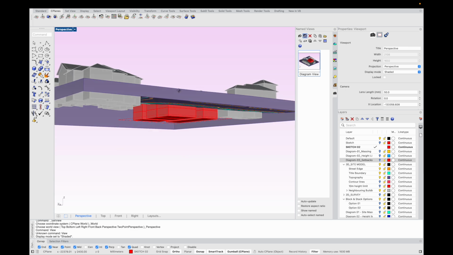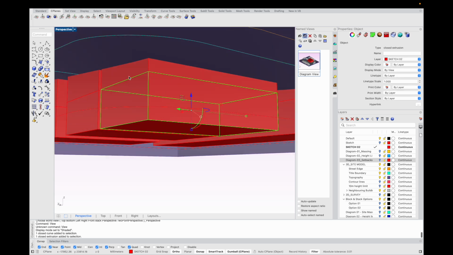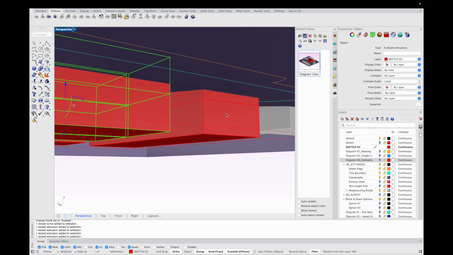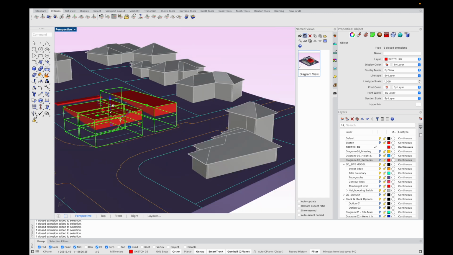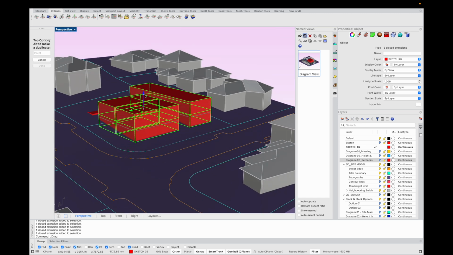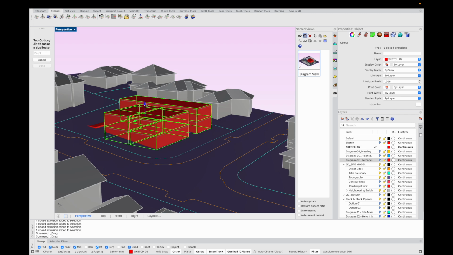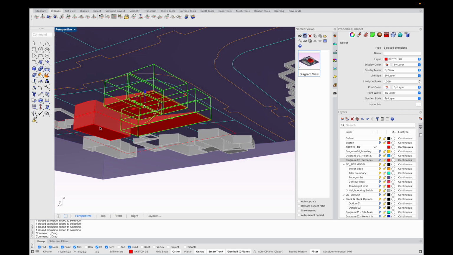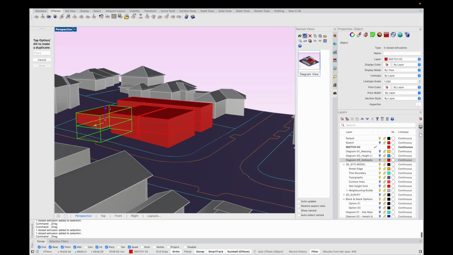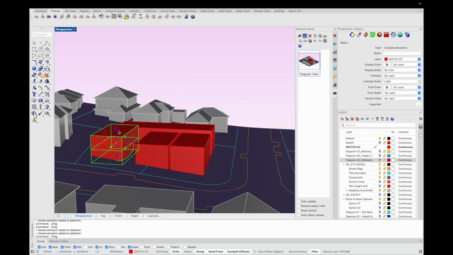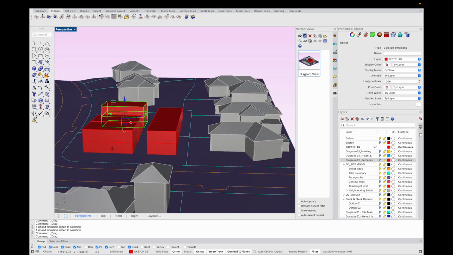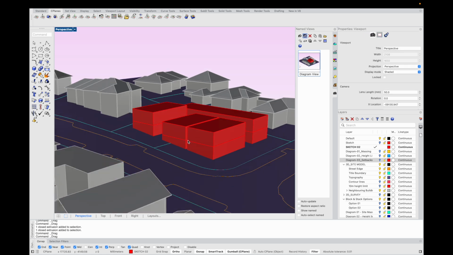What I'm going to do is just click on these boxes, and I'm just going to drag them up a little bit. Okay. And then these ones here, I'm going to drag them up a little bit further, so they sort of stack like this. All right, now we haven't done a penthouse yet, but if you want to know whether you're